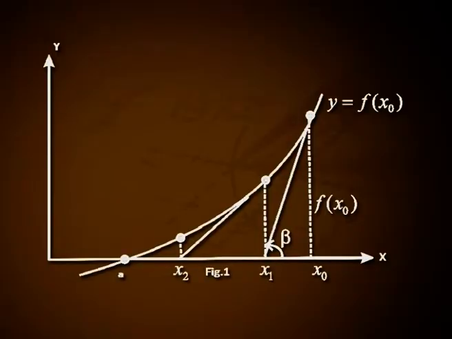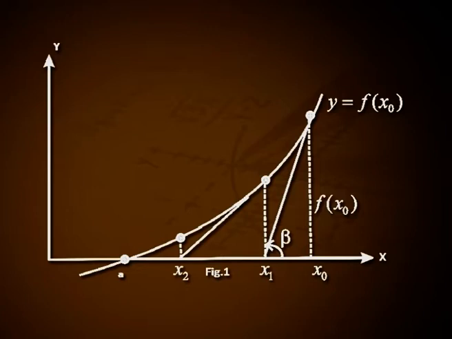Consider f(x) = 0 where f is continuous with derivative f'. From figure 1, we can see that at x = a, y = f(a) = 0, which means that a is a solution of the equation f(x) = 0. In order to find the value of a, we start with any arbitrary point x0. From figure 1, observe that the tangent to the curve f at (x0, f(x0)) with the slope f'(x0) touches the x-axis at x1.